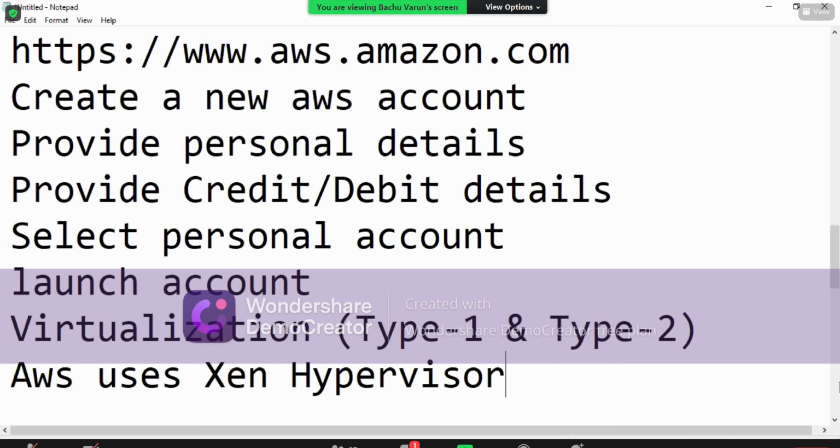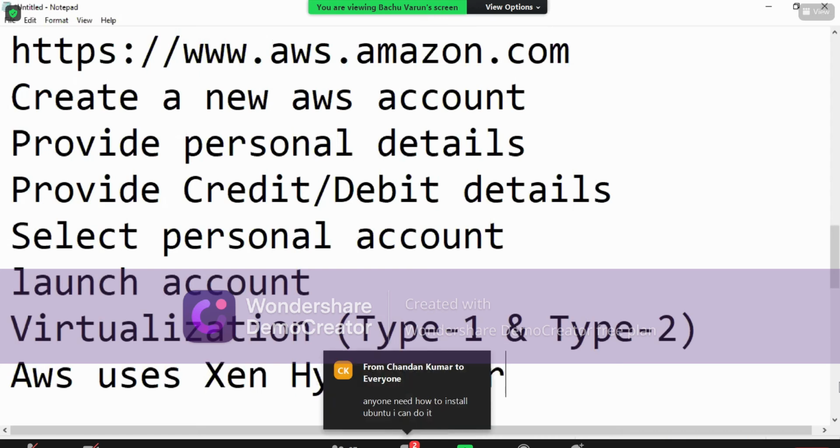I'll pick some random video for the installation process and forward it in the group. So don't worry about this, but I'll show you the practical because I have a Linux machine on my AWS, so I'll directly show you the Linux commands in that AWS machine. In AWS we don't call it a machine, we call it an instance.